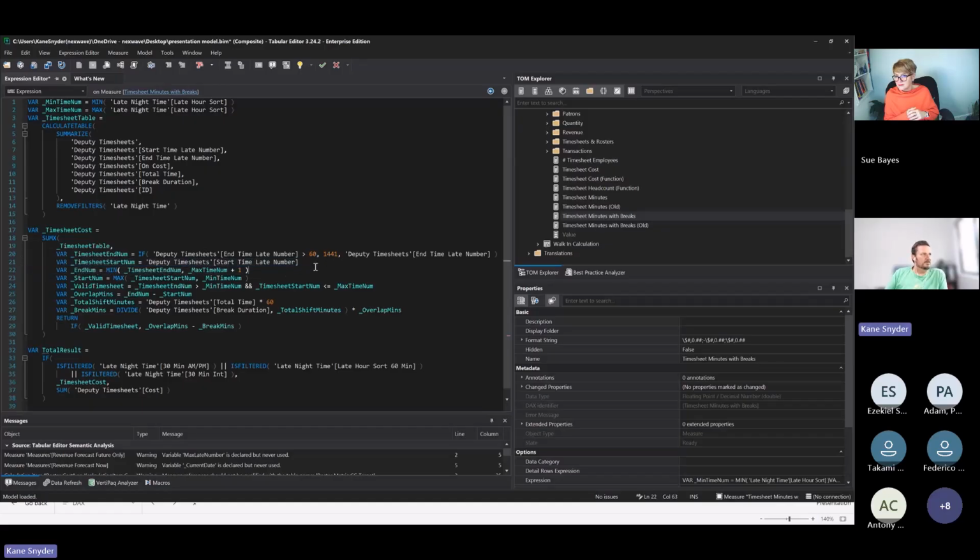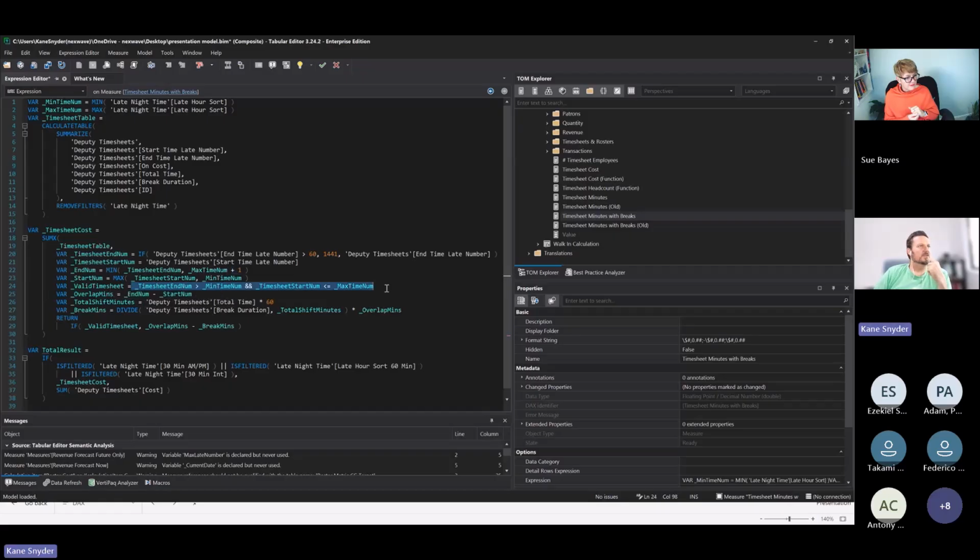We've got our start of the shift number. And then again, we check which comes first. What happens first: does the timesheet end, or do we hit the end of the filter context? We add our 1 to make sure that when we do our subtraction, we get the right number. And then our start time: what happens last? Does the timesheet start, or is it the start of the filter context, which is higher?